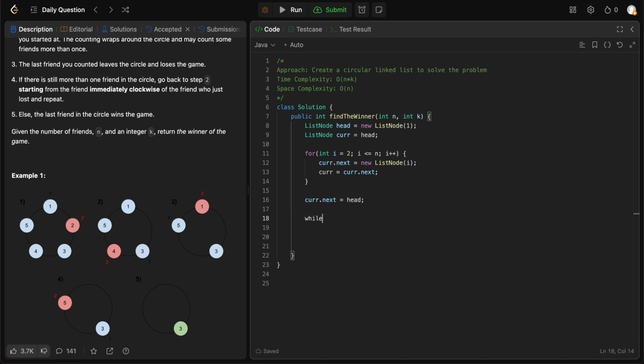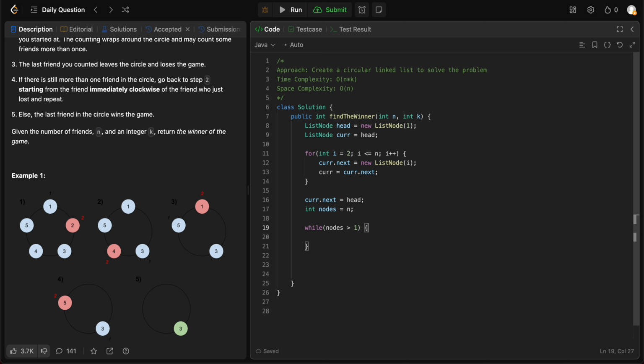So we have some sort of a looping condition, right? But how do we get the number of nodes in the linked list? We can't really get a linked list.size, right? Like we can't necessarily do that. So what we do is, since we already know the number of nodes, every time we remove one, we'll decrement the number of nodes that we have. And as soon as we know that there's only 1 node, we'll take a look at the current node and return the value. So while nodes is greater than 1,